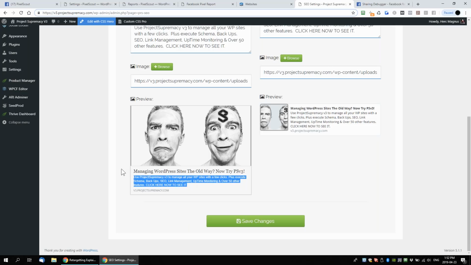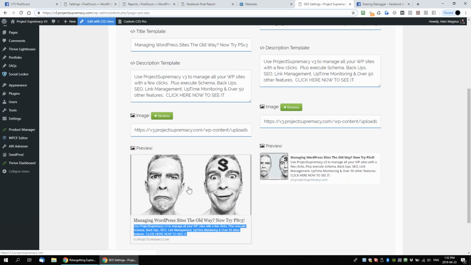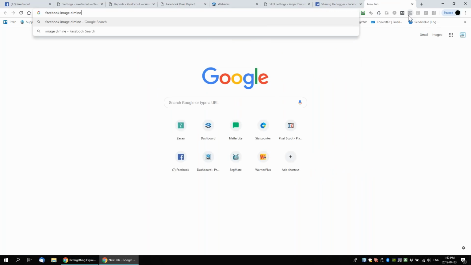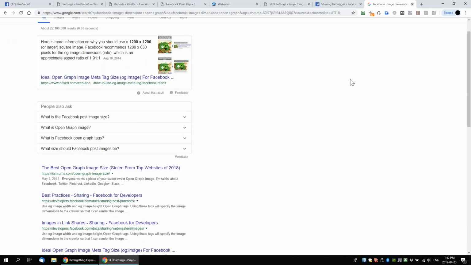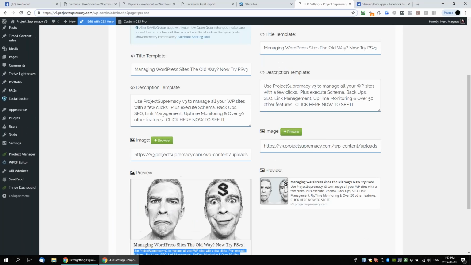And they don't know that you only have to set up one thing, right? Just go get a really nice image done by a graphic designer, right? And tell them, I think it's 1600 by 900. So you can even look it up like this: Facebook image dimensions, Open Graph. So 1200 by 1200, you guys can just Google it. I'm not going to go through with this. Google will tell you what the best size of images to use is, and a graphic designer would absolutely know, okay? But the point is, you could foot in the door with someone, explain what Open Graph is, explain why it's important, show them what you can do for them,